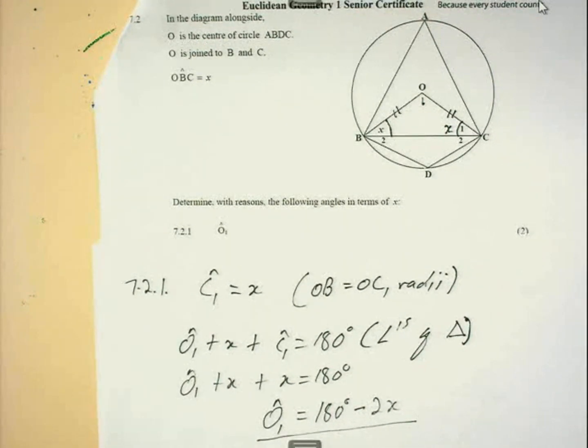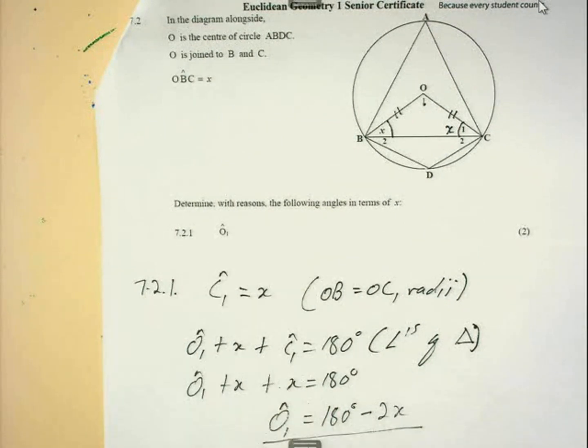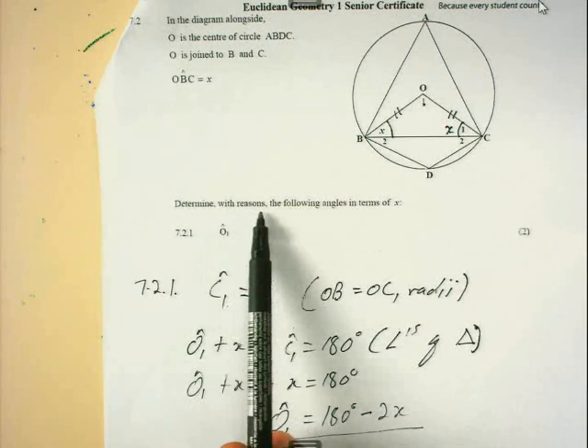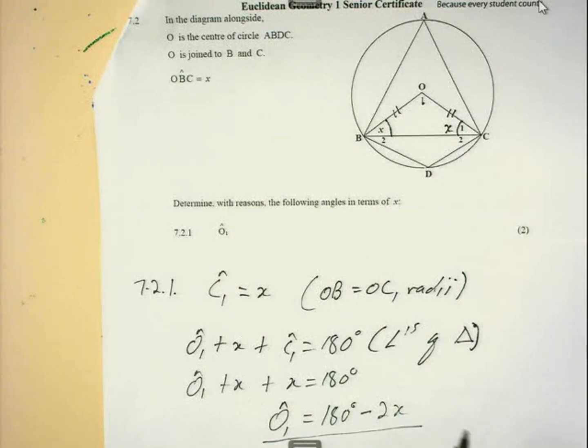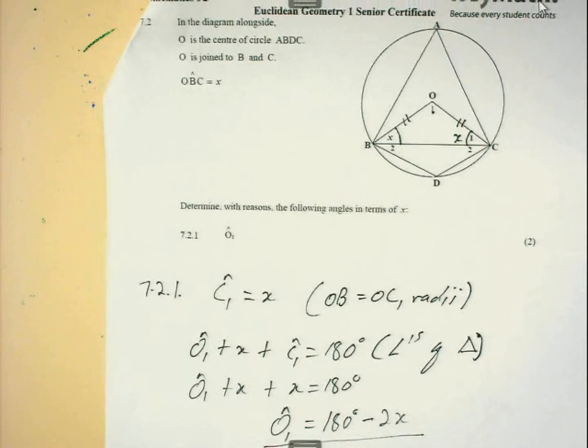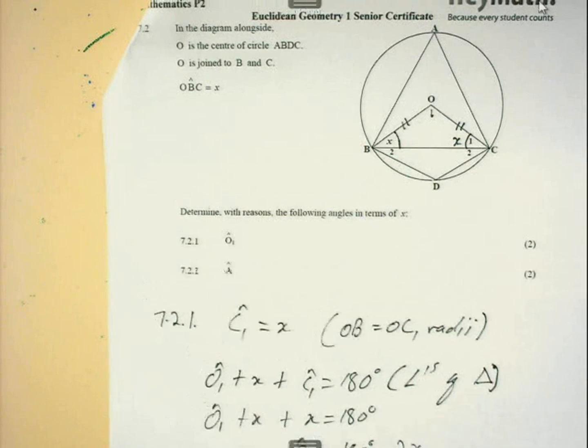7.2.1: O1 will then be equal to 180 degrees minus 2X, because the question states determine with reasons the following angles in terms of X. So O1 in terms of X will be equal to 180 degrees minus 2X. I hope you enjoyed that one. Second one,